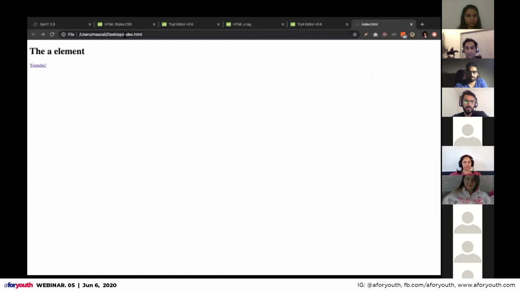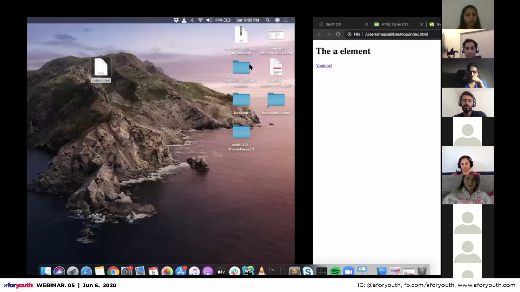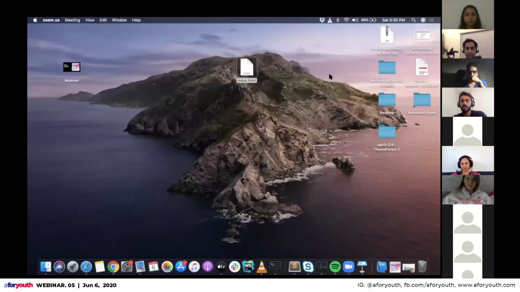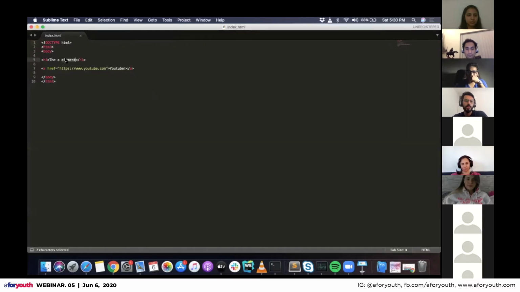So here you see it's pointing to the desktop index.html file. If you make any change, you have to edit this file, let's say with Sublime Text. I change the heading to easy websites with HTML, CSS.